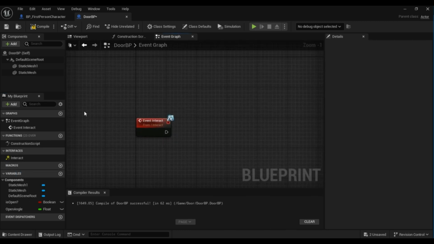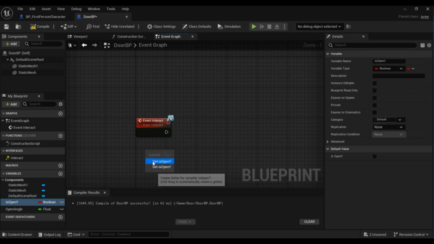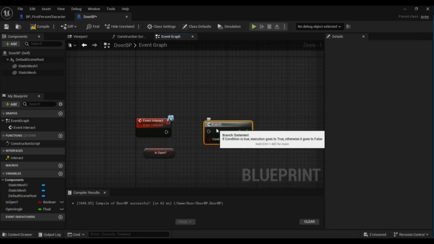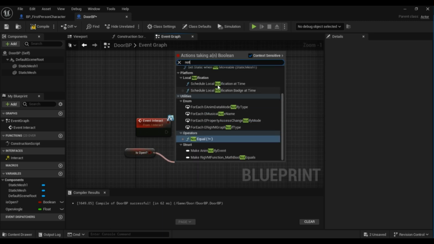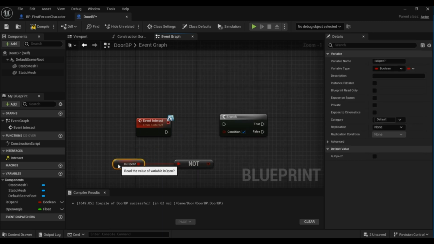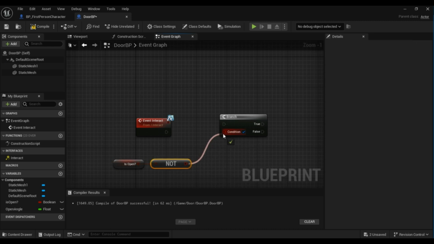Okay, so basically what we're going to do is we're going to have the player interact with the door, and it's going to check whether it's open or it's not, and depending on what it is, it's going to rotate the door in the proper direction. So let's bring out isOpen, do a boolean, and I'm going to put not for not boolean. So the door is not open. If that is true, if the door is not open,